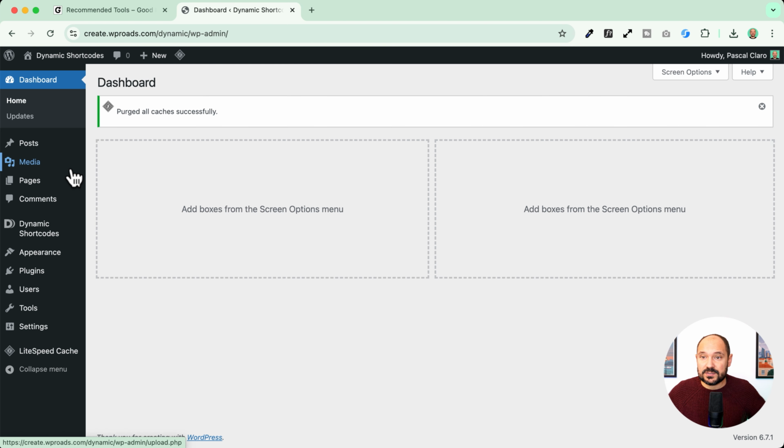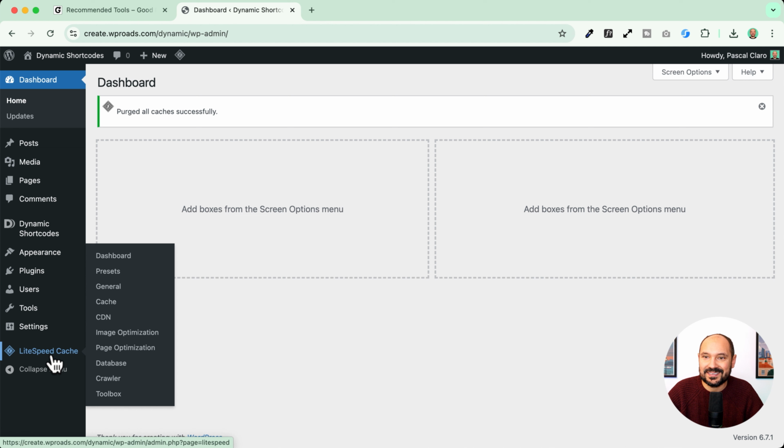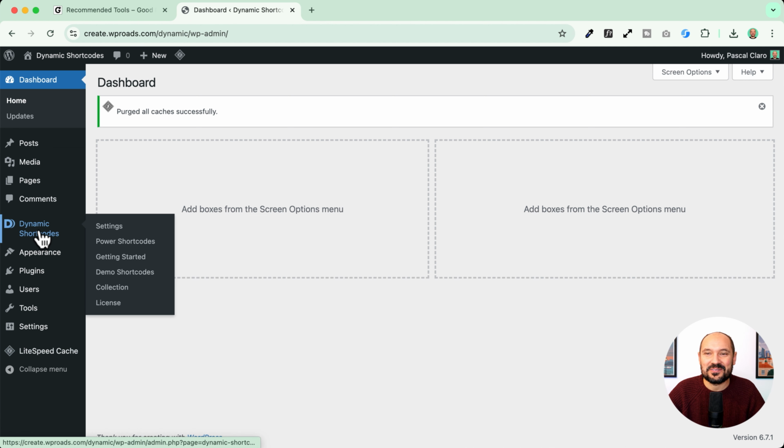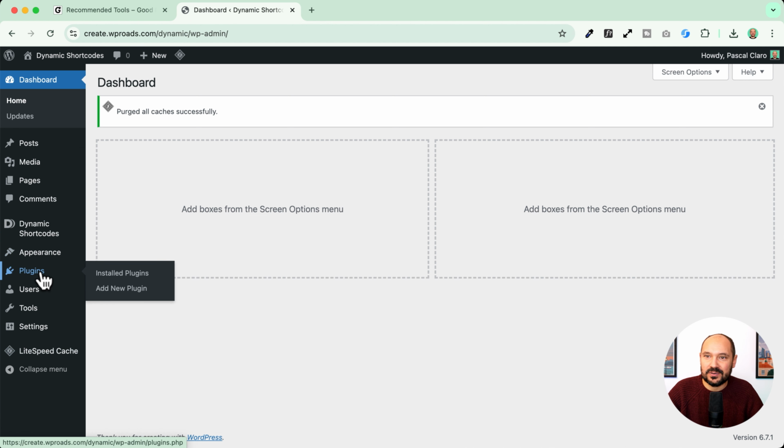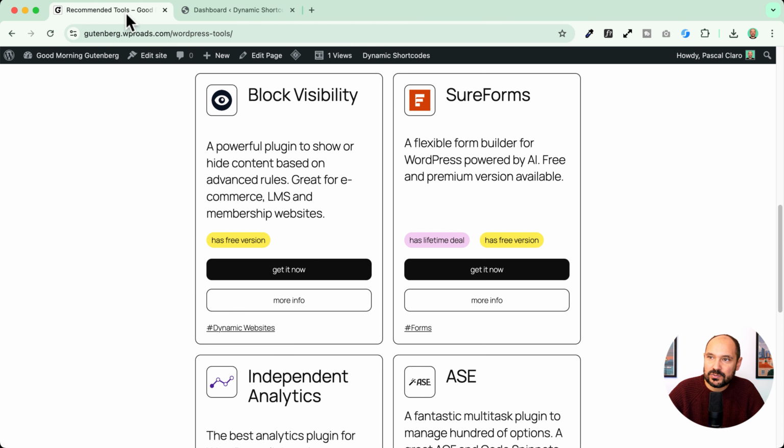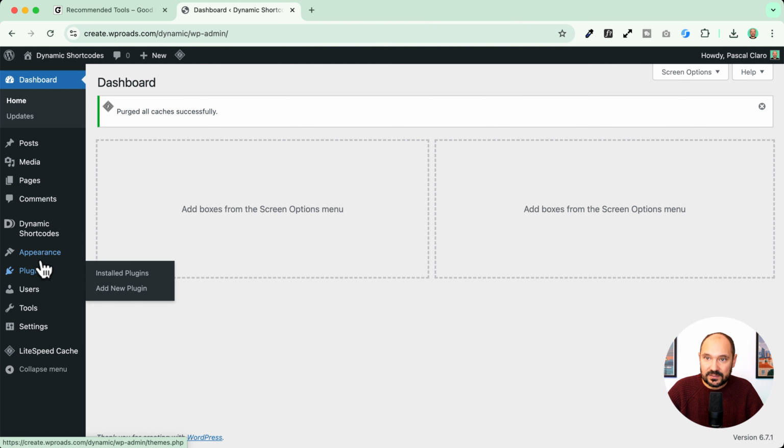The first thing I need to do, I'm going to speed up this part a little bit, but if you need to follow along, you can slow the video down, because I assume that you know a little bit how to work with custom post types and stuff like this. Anyway, I'm going to show you step by step how to build this specific grid,